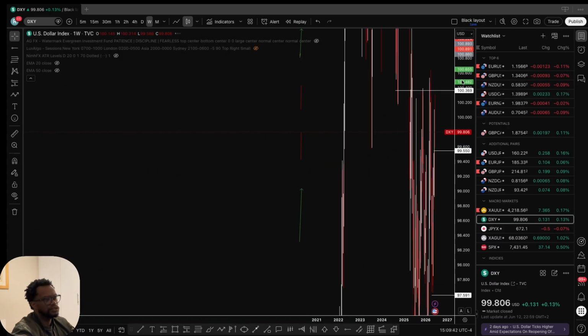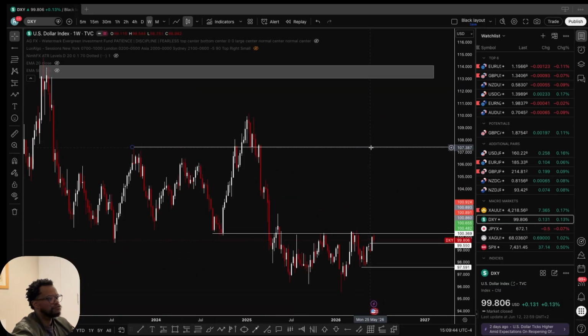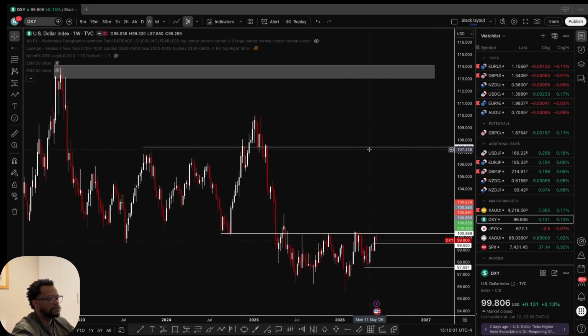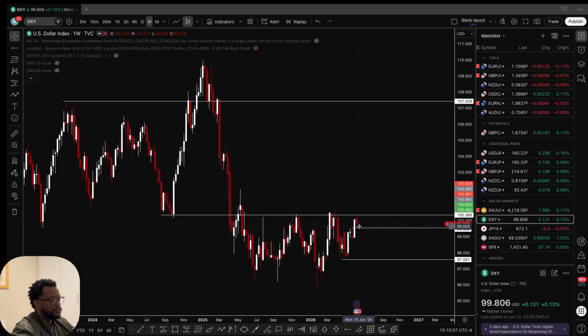If I go on the weekly, we've been struggling to break this low here for about a year. Every time we get down here, we get a push down. Every time we get at this price, we get a push down. Hopefully we can finally pierce through this veil, and then we can see gold returning to these prices, because this has been a big resistance for quite some time. So let's see if we can finally pierce this veil of